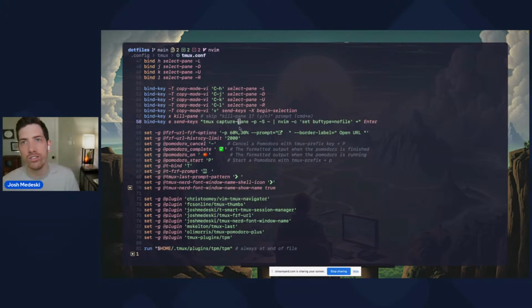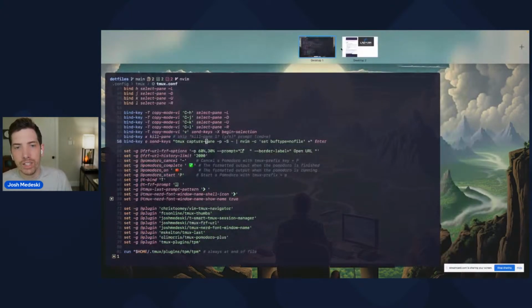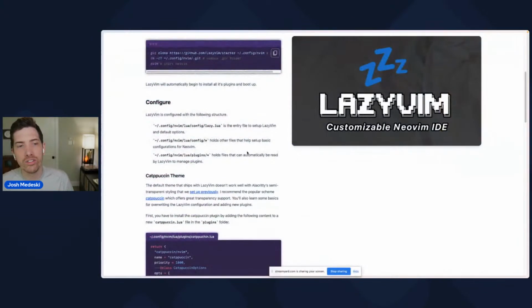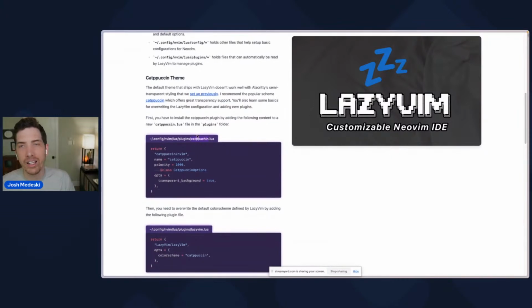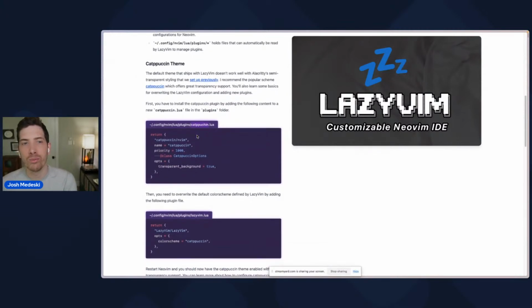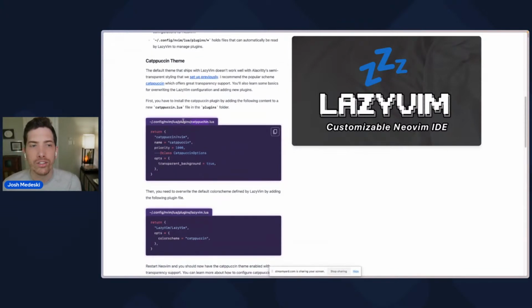And so here's the steps. This is our way of extending LazyVim just slightly. We can create a Catppuccin plugin. We talked about Catppuccin. There's Neovim support. In the way that LazyVim works, all you have to do is create an nvim/lua/plugins directory. You have to create directories to that place. And anytime you drop a .lua file in that directory, LazyVim will automatically read it and load it,